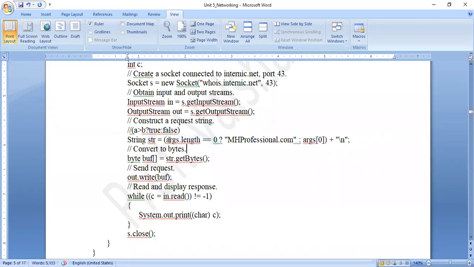So I'm going to check if the user has entered any value. If this array length is 0, that means the user has not specified any value, then my args length is going to be 0.